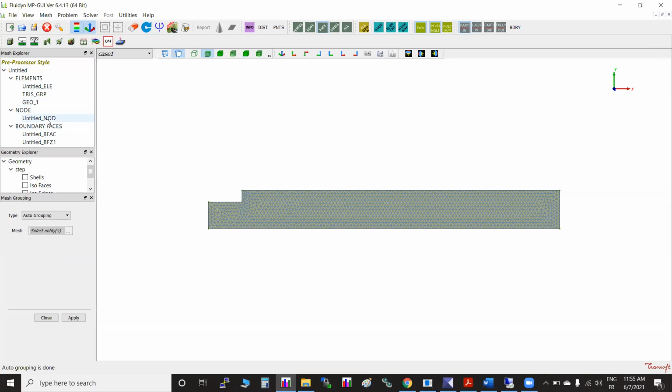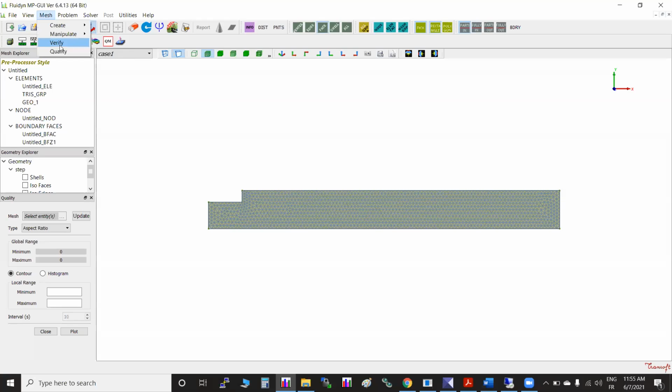You can consistently check the quality. So you can go for this quality check. There is an option called quality check or mesh quality. Okay, that option is there. Or there is a shortcut just before the quick mesh. In that, again by just selecting from here, aspect ratio. Okay, update.